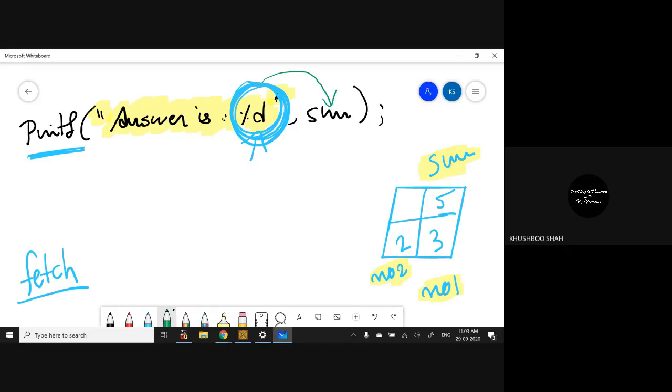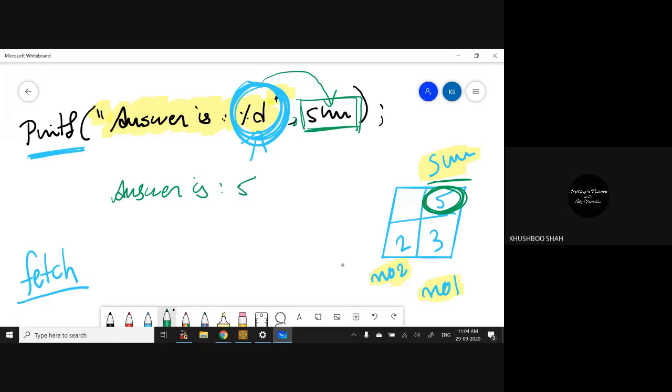Here I have the comma, and after the comma, whatever name of the variable you have written, the printf statement will go to that particular location and bring the data. So now it will print "answer is 5". Understood?